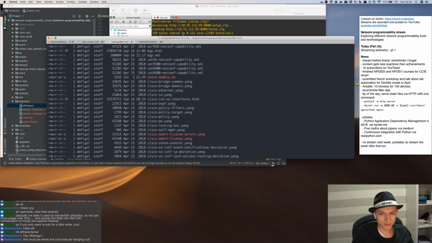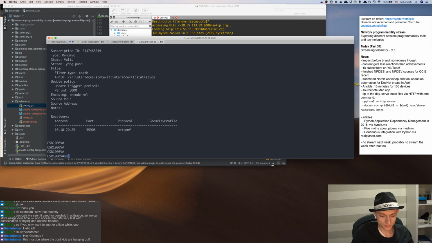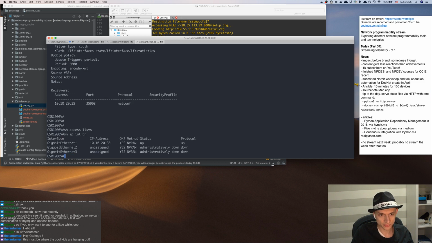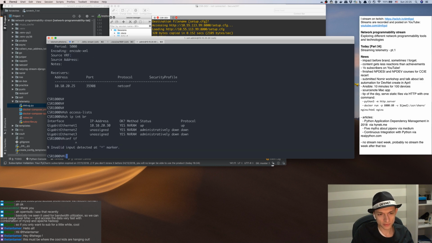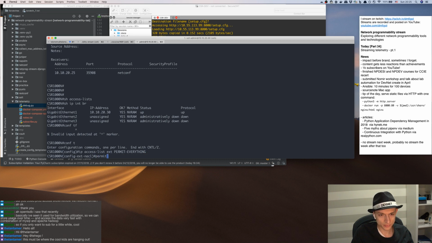and additionally, show access lists. Are there any? No. Show IP interface brief. Okay, so we are going to create an access list with permit IP any and try to get the counters for that. Permit everything. So permit IP any,